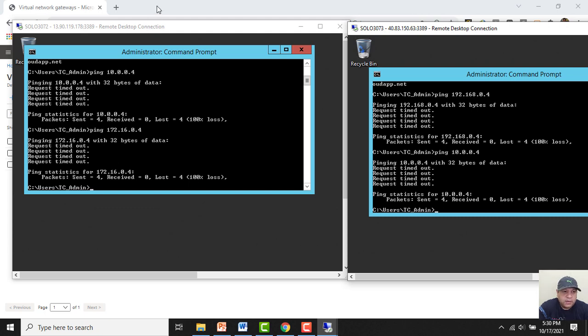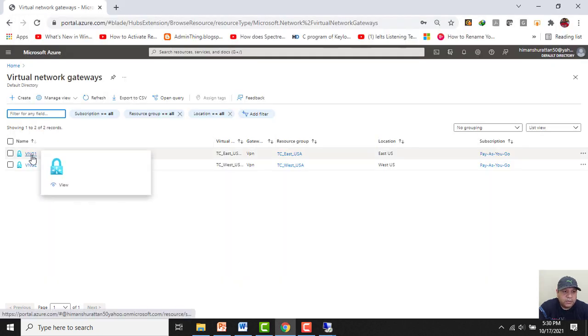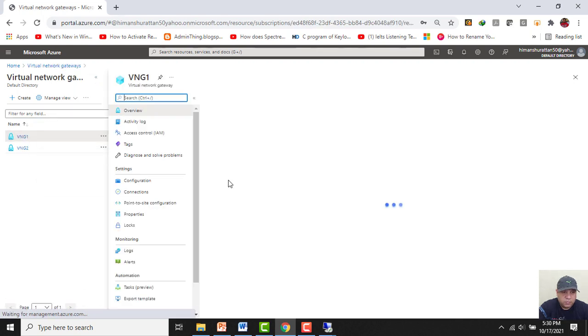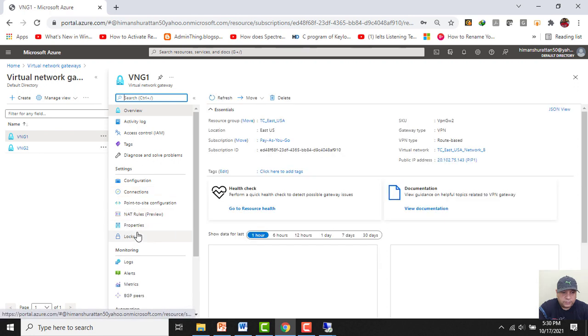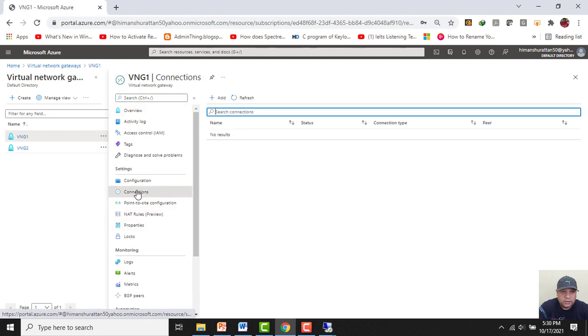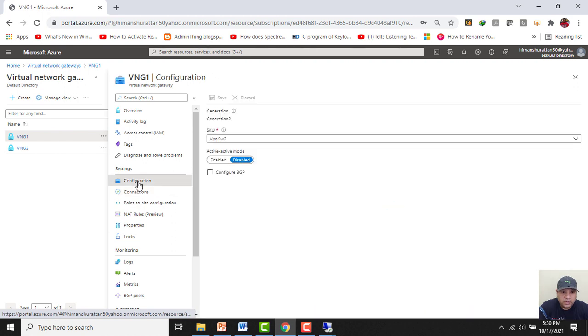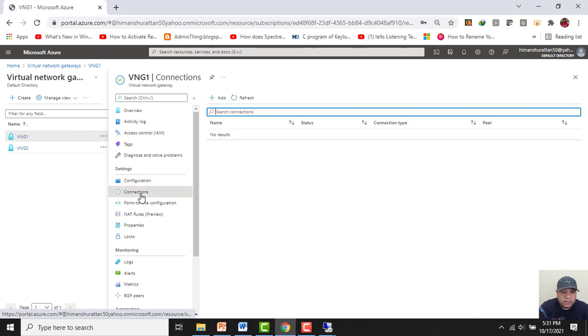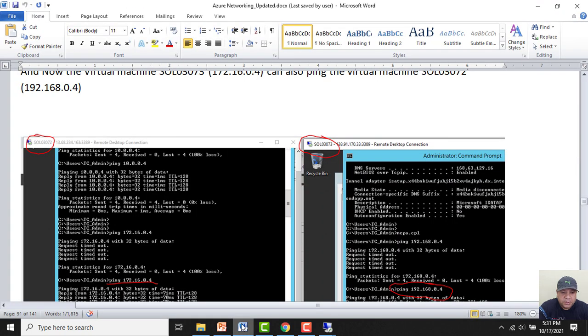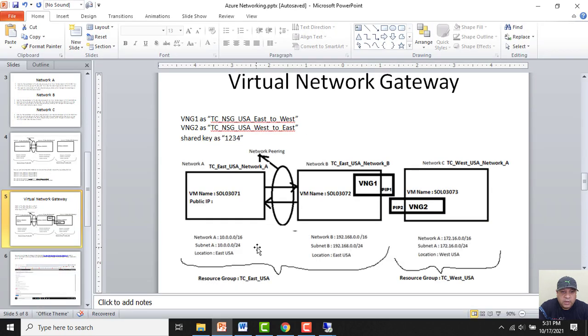To configure it, let me first configure virtual network gateway 1. I will click on this VNG1, and let's first check its configuration part. Okay, now I will click on connection, click on add. Now let me give a name to my connection in a way that shows the direction.